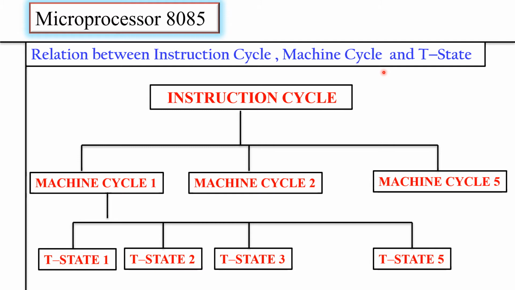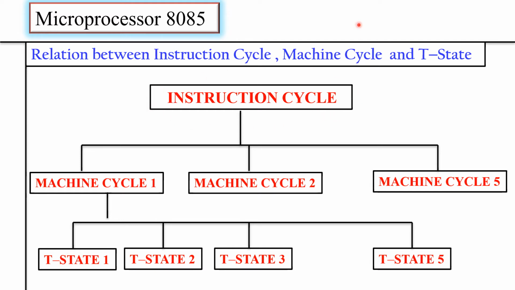While explaining the flags, we wrote a small program, and every time I ended with a halt instruction, that is the end of the program. So the microprocessor keeps on sequentially fetching, decoding, and executing one instruction after another. The fetch, decode, and execution of a single instruction constitute an instruction cycle.